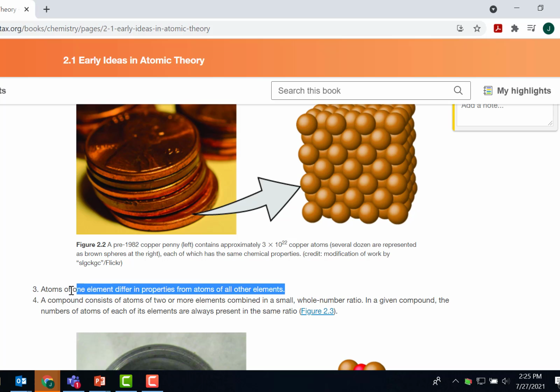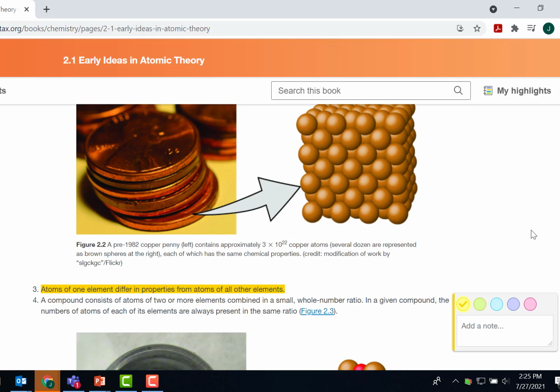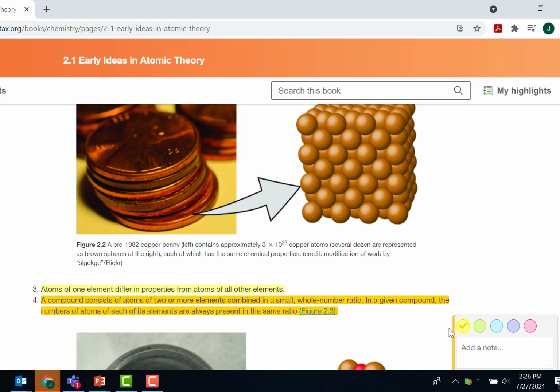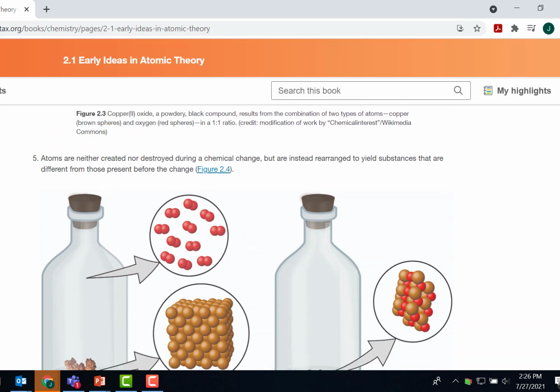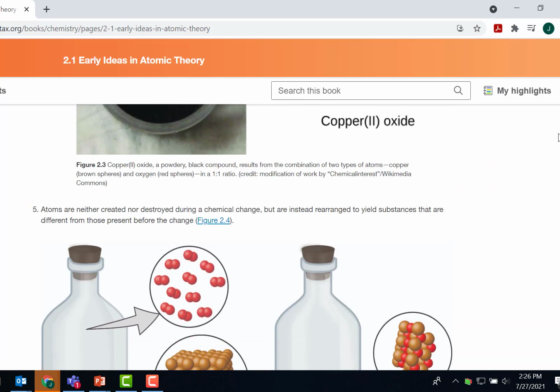Third one: atoms of one element differ in properties from atoms of all other elements. Okay, and then the fourth one: a compound consists of two or more elements combined in a small whole number ratio. In a given compound, the number of atoms of each of its elements are always present in the same ratio. And then I think this is the last one. Yeah, the fifth one,